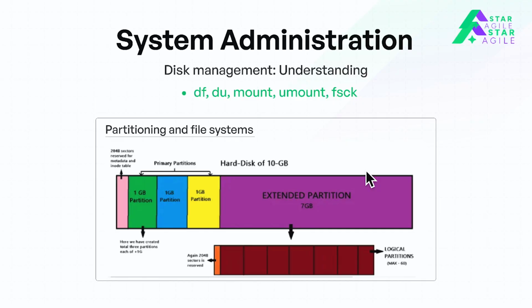If you look at this image of the PPT, it is describing the partitioning and the file systems in Linux. If somebody asks you how many partitions you can create in Linux, the answer is 4. But you must be thinking, how can it be 4? I have seen more than 4 partitions, so why is it not more than 4? Overall, partitions in Linux can be a maximum of 4, but the trick is what kind of partition it is. If we talk about that in detail, in Linux we can create 4 primary